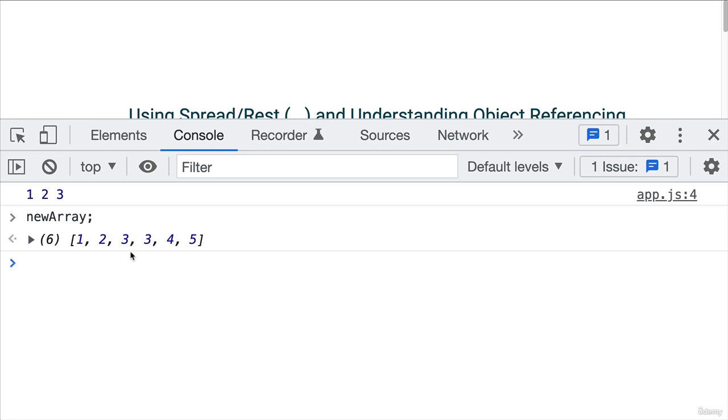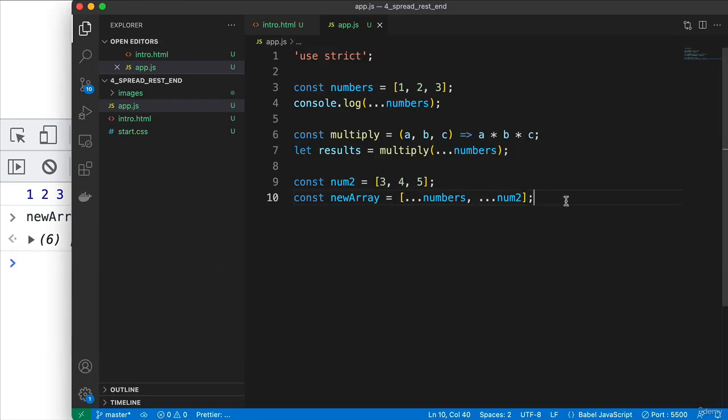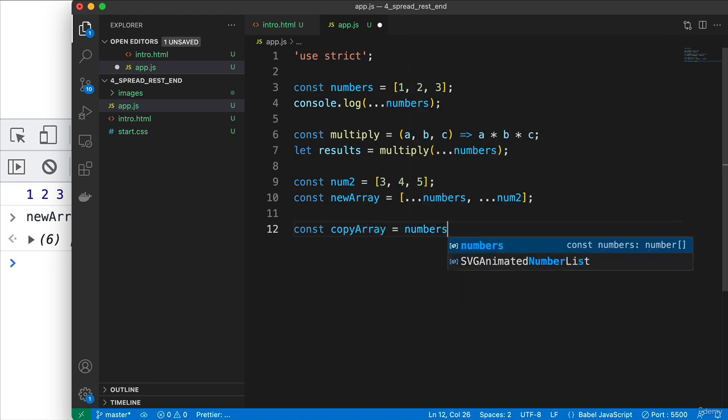this new array that we created. All right, I want to talk for a minute about copying an array because this is one of the applications for the spread operator in FP. So let's say I wanted to create a copy of the numbers array. If I did it like this,